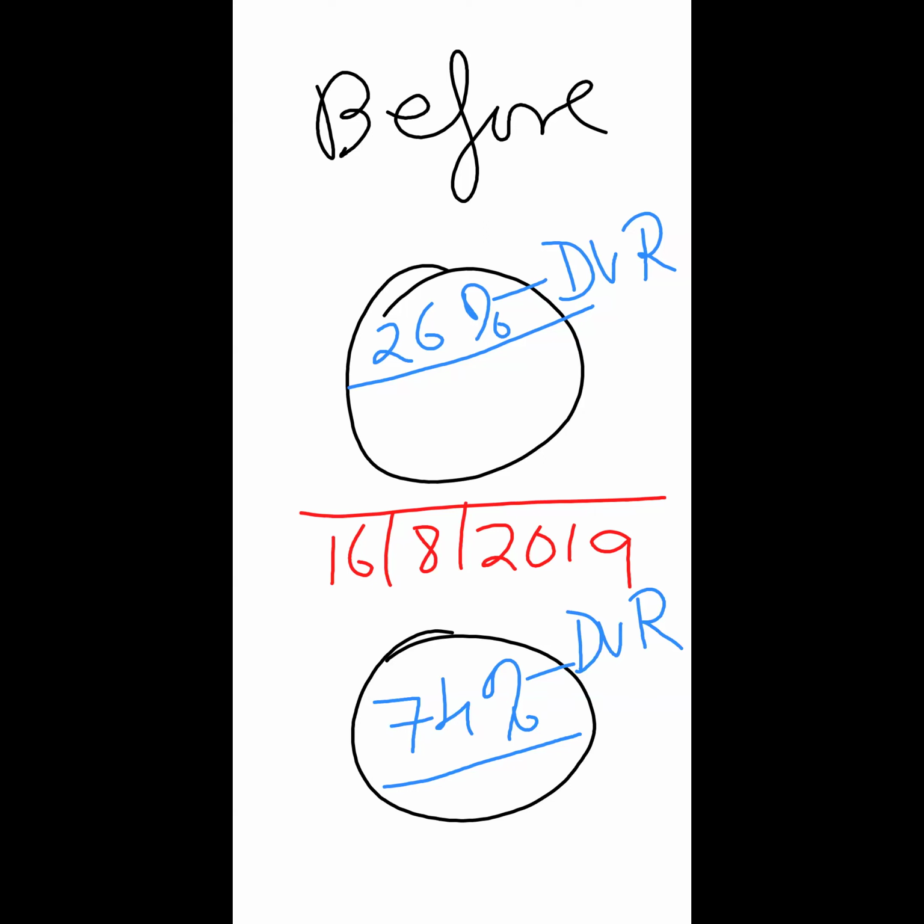So now what you're learning here is this amendment. For your exam, you have to remember that now a company can issue DVR up to 74 percent of the total voting powers. Have you understood this point, everybody? Yes, sir.